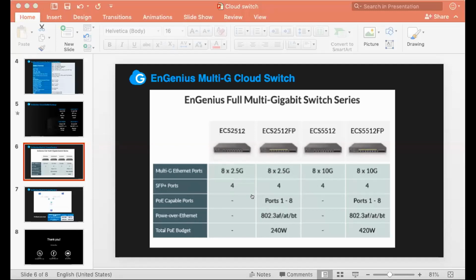Is there any limit on the number of switches connected to a project? Okay, if you have a huge project, basically the cloud will be able to accommodate limitless devices in one single project. We are talking about not just the switches, we are also talking about a mixture of switches and access points. Are there any more questions? If there are no more questions, I'll pass the mic over to Nancy, and she will give you some ideas of